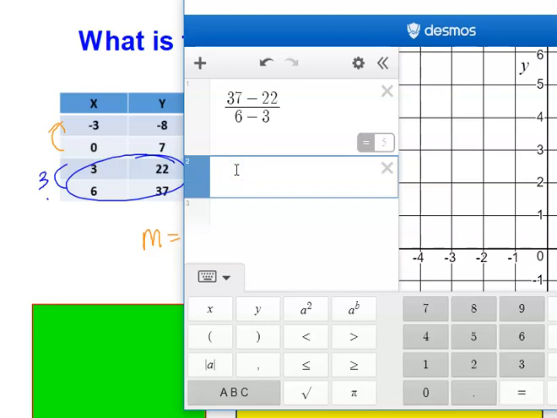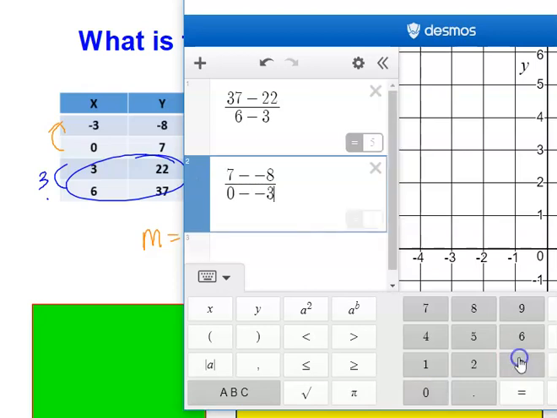Now, check this out. What if I do divide? Bam! Just press divide. And then we try what we just did. 7 minus a negative 8. There's my y. Then on the bottom, I got my 0 minus my negative 3, my x. Bam! It's 5. It doesn't matter what two numbers I choose. It's always going to be 5 for those